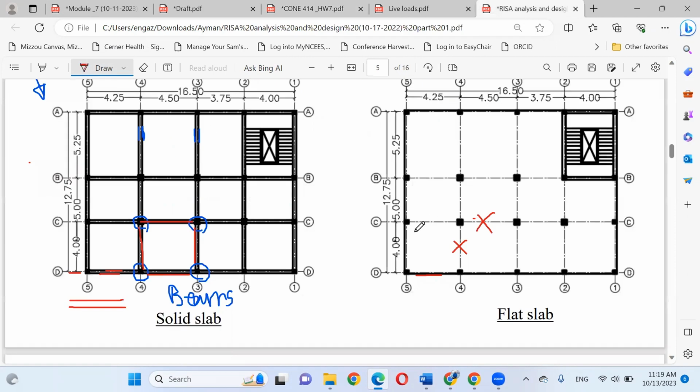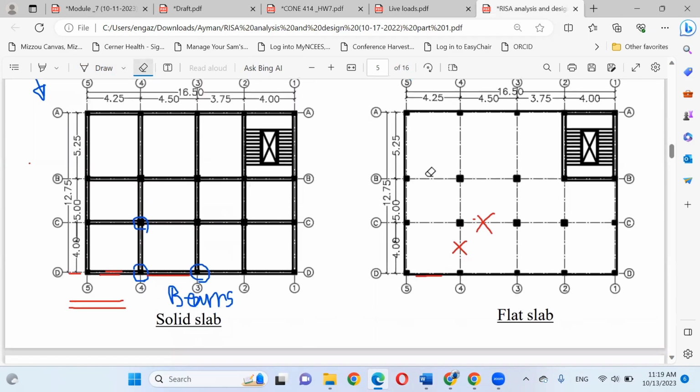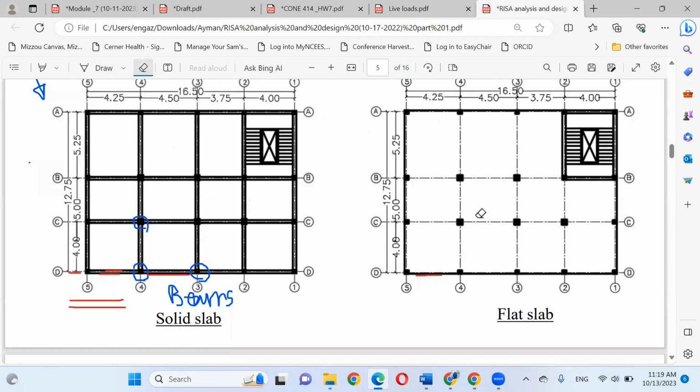Just a reminder, if you look at your floor plan, the problem will not say this. I will not write this, but you have to understand this from the drawing.